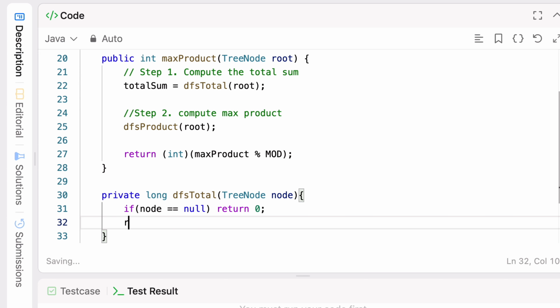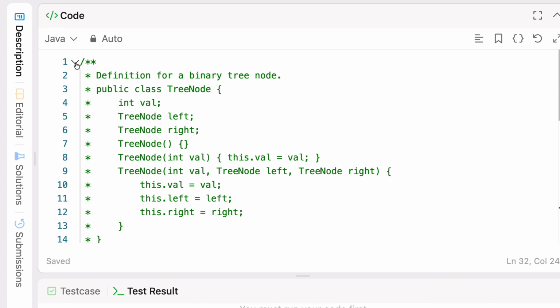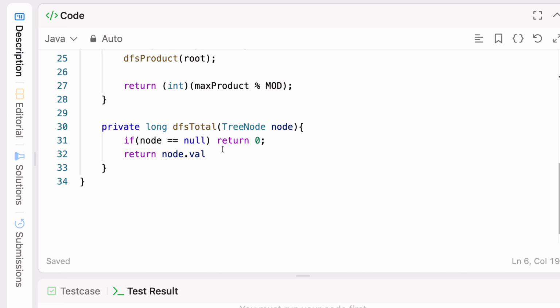If not, what we should do, return node dot val, right? Let me check if it is val or not. Yes, this is a val, left and right. Okay, so